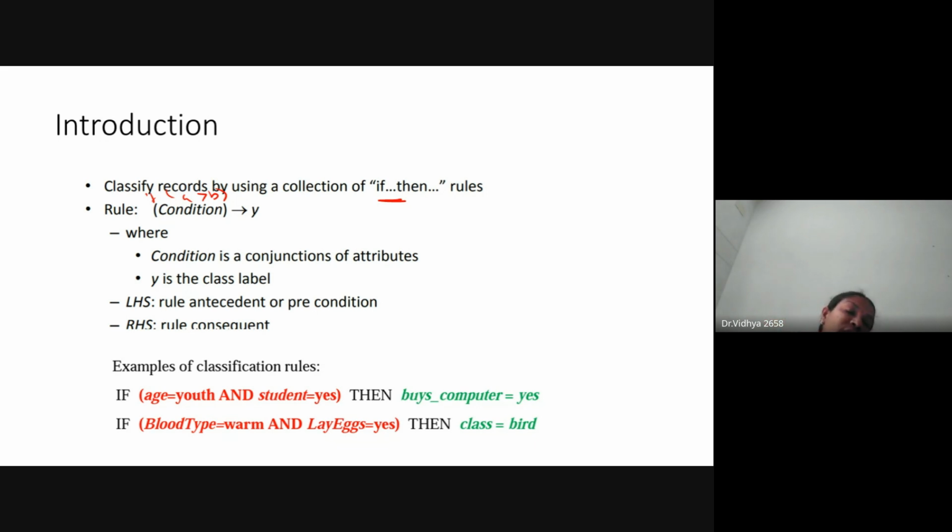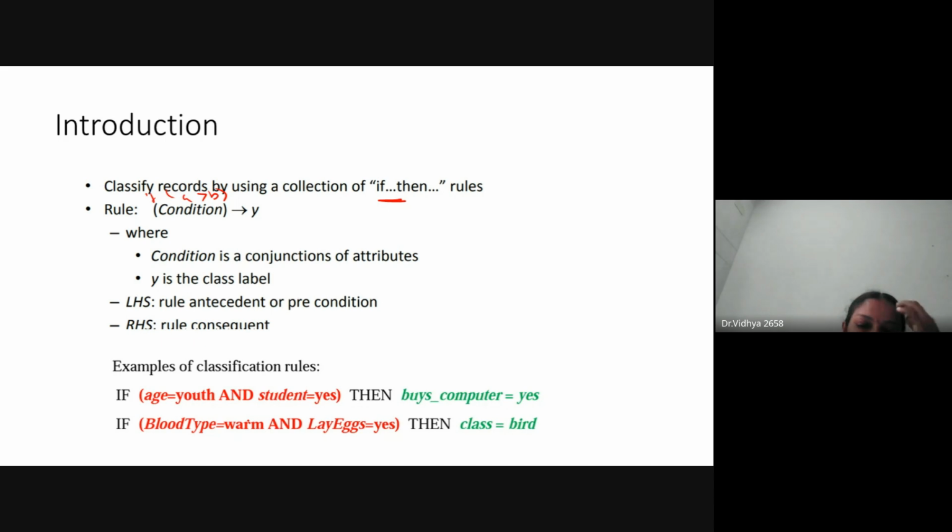So rule-based classification mainly involves two important parts: the conjunction and the class labels. Here you can see the example: if age equals youth and student, if he is youth and also a student, then we can say that buys_computer equals